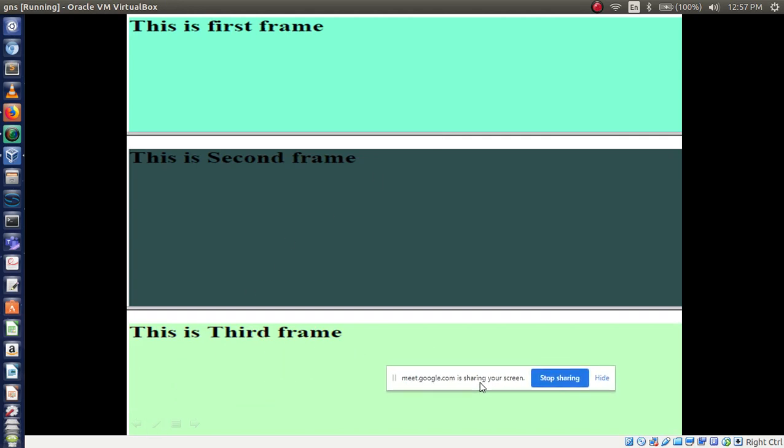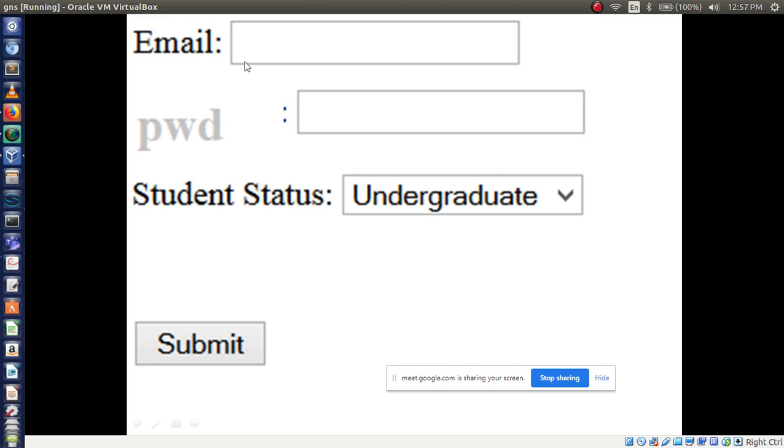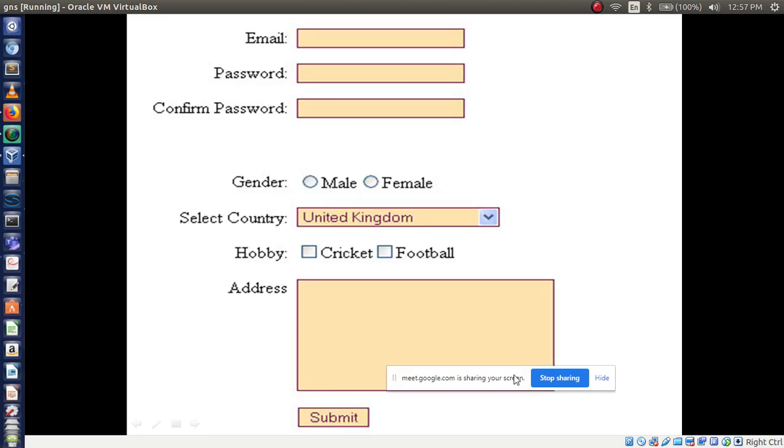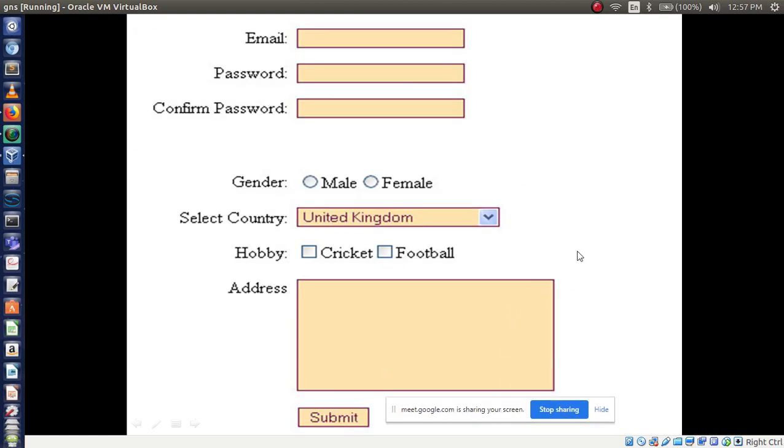Taking, right? This is another frameset taken. Okay. Now take this: email, password, student status. Here you are using the select tag, select control. Undergraduate, postgraduate. You have to use 2 options, undergraduate and postgraduate. Then you use action buttons, submit, and reset also you have to add. Take this. This one is the password box. Now again take this, screenshot, all of you take this, and today evening itself you have to write.